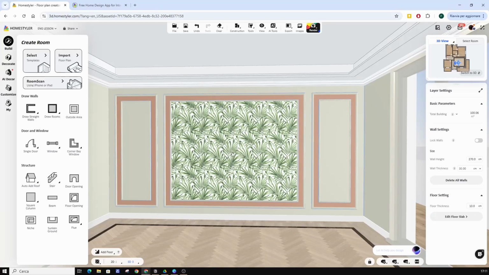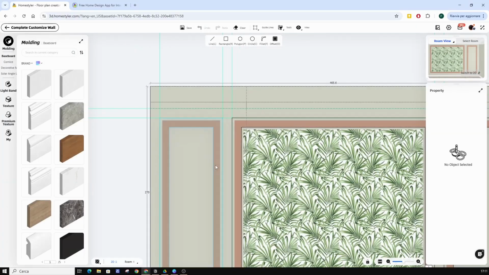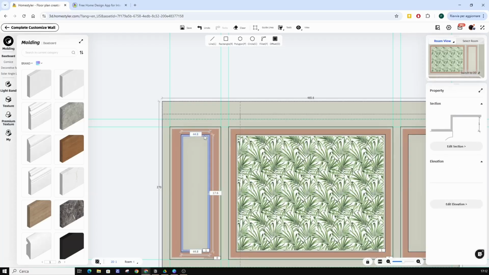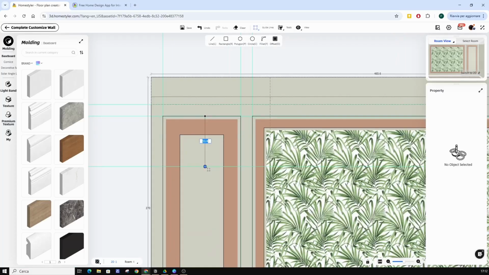We return to Customize Wall to see how easily we can also change the size of what we've drawn. Simply by dragging, we can resize the panels or move the mouldings. The panel moves together with its mouldings. To be precise in what we do, we can use guidelines, so when we select an edge and drag it holding the left mouse button, we can snap it to the guideline.